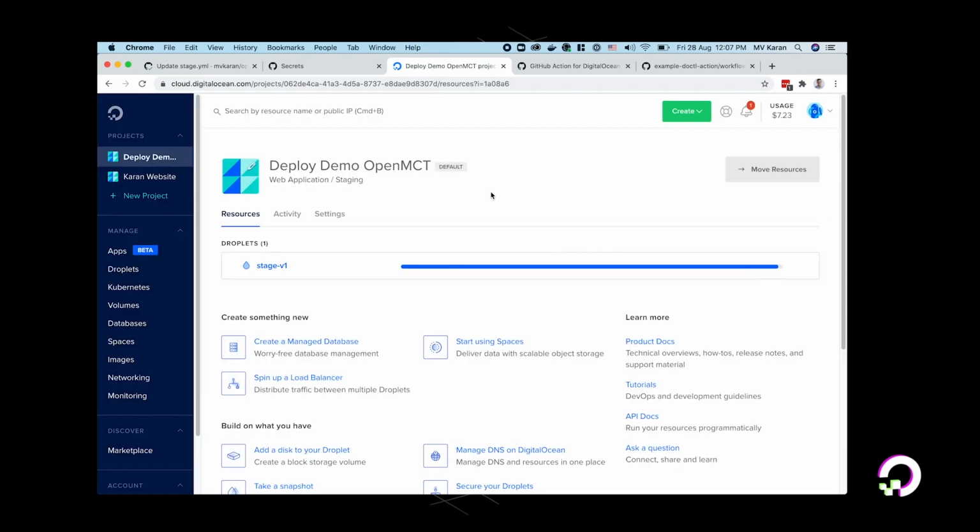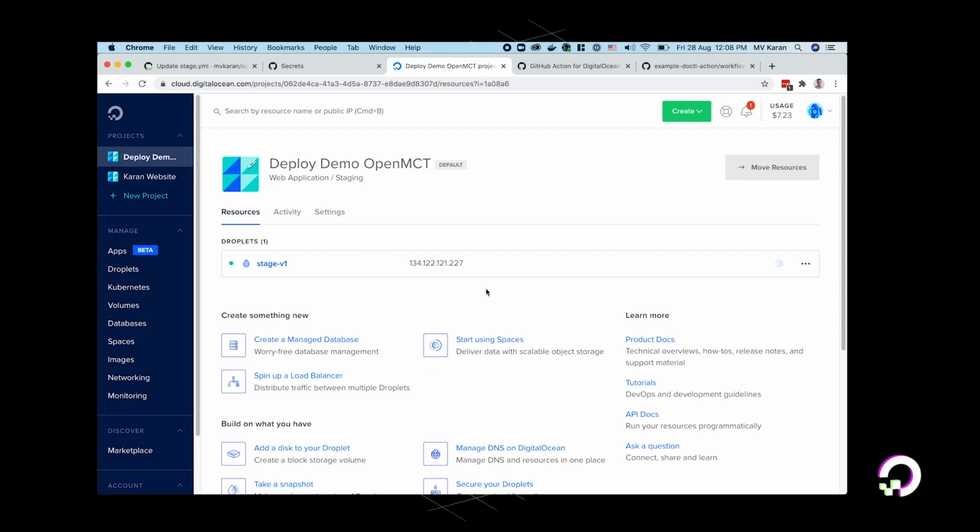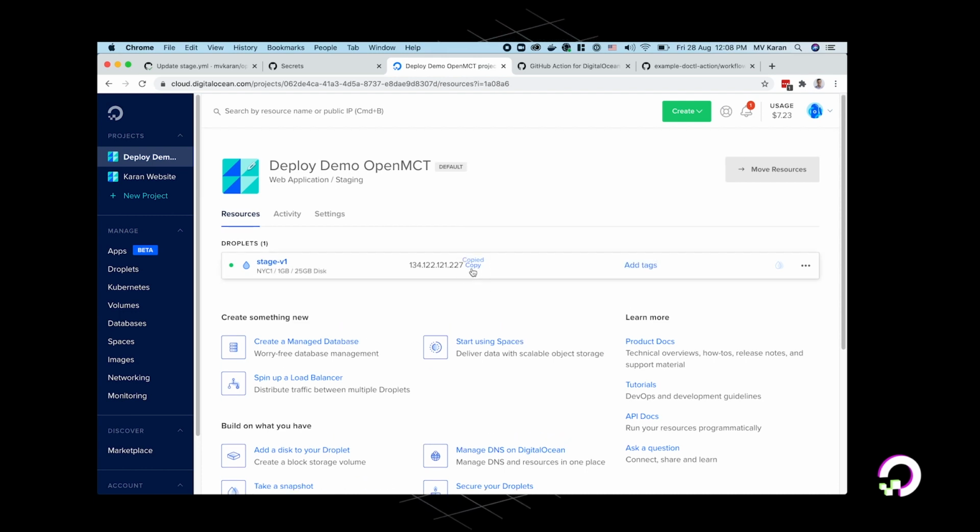And if I go back into my console, I can see that the droplet has been provisioned, also with the IP address. Usually once the droplet has been created, running the user data scripts takes a little while, but since it's DigitalOcean, I'm expecting that this is going to happen really fast.